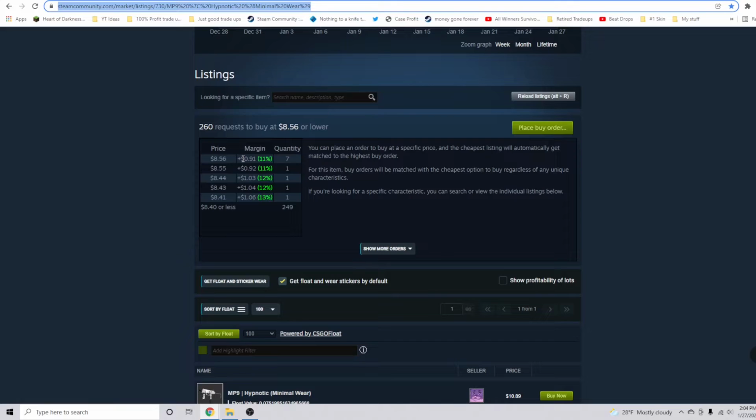This person, theoretically speaking, if they bought it at $8.56 and sold it at $10.89, would be making 91 cents, which is a lot of money. That's over a 10% margin. That's really hard to find, and honestly it's usually not going to be actually true. This person probably is looking more around a 5% margin or 45 cents if they wanted to sell in a